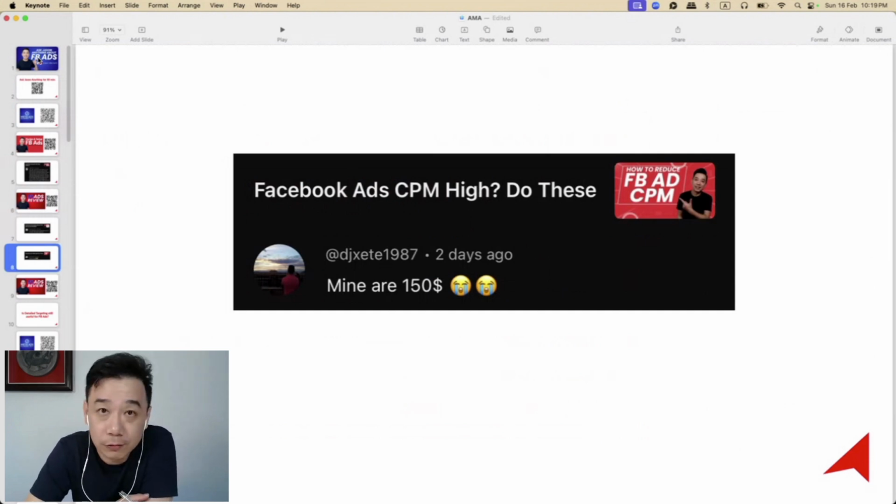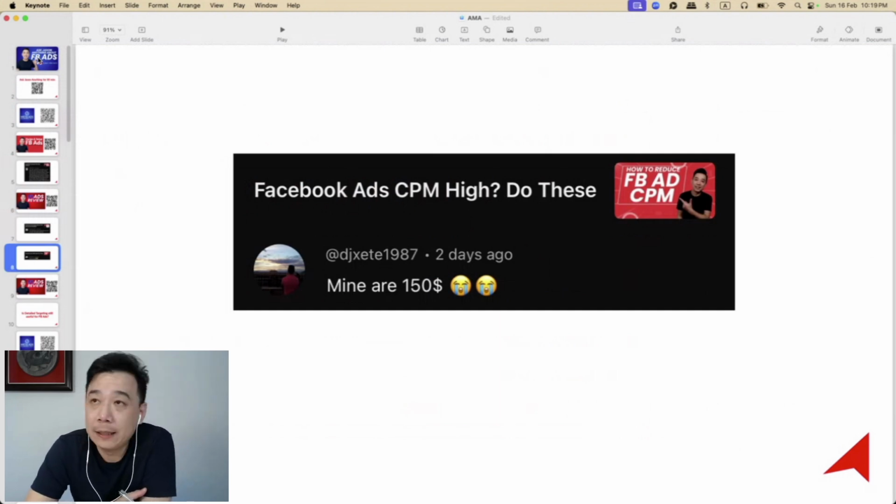So a few things you can do, right? You can actually change the objective. Say, for example, if you're now going for sales, which you don't get, and you have a new website, probably Meta can't find people that fit your profile. So you can try to start with a landing page view campaign under traffic. So, send enough traffic, try to get some sales from there, and over time, when Meta understands your audience more, you'll be able to switch over to your conversion campaign.